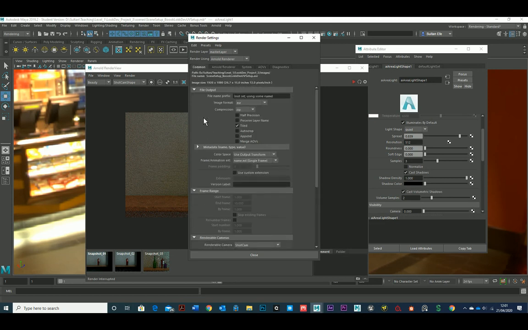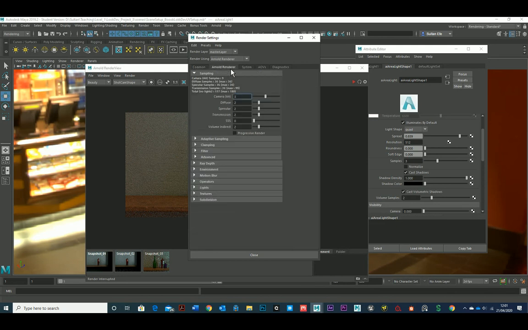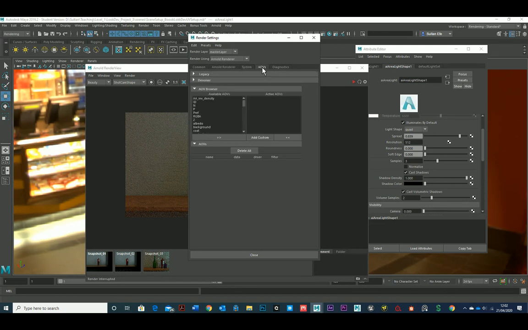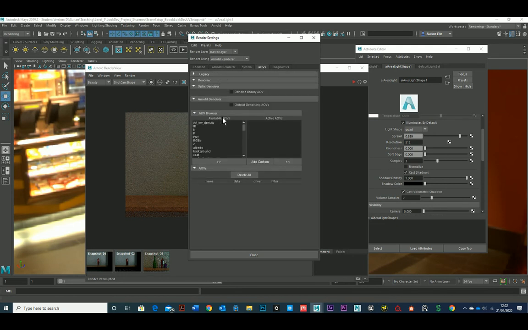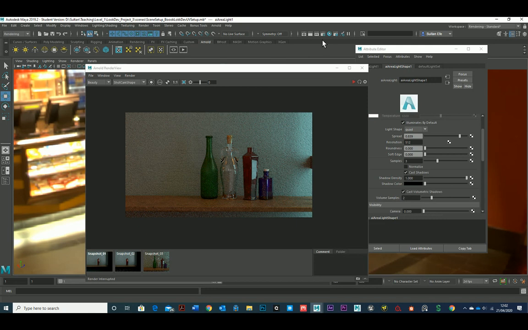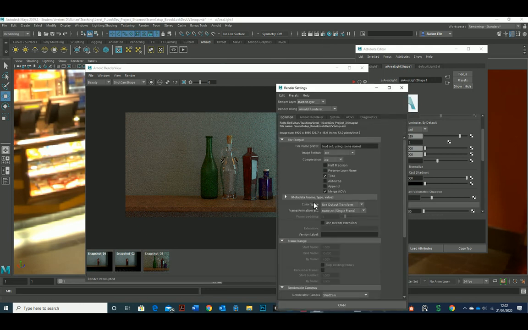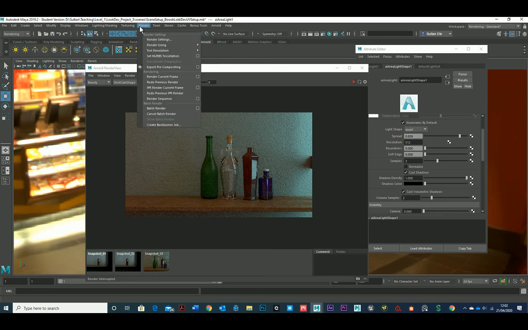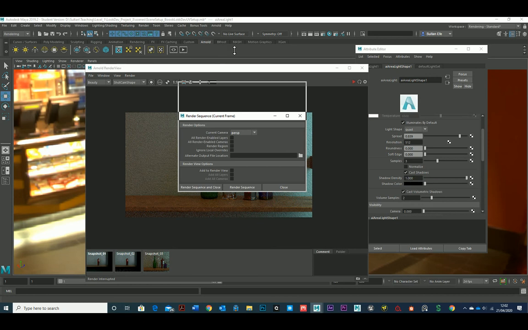Here we go. If you're gonna do post denoising, merge your AOVs. Click on that one. Arnold renderer. Under the denoiser, output denoising AOVs. Make sure that's clicked. Because we are only doing single renders, we're not doing an image sequence as such, so that's fine. And then all you have to do, go to your render sequence option box, check the camera again,